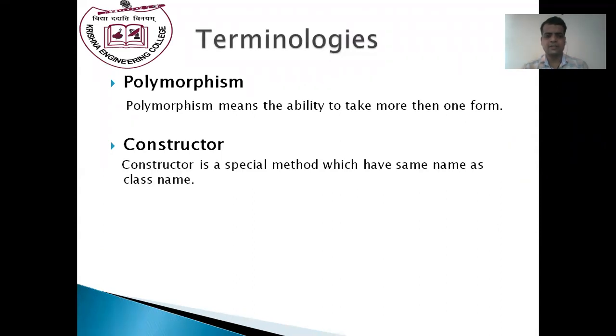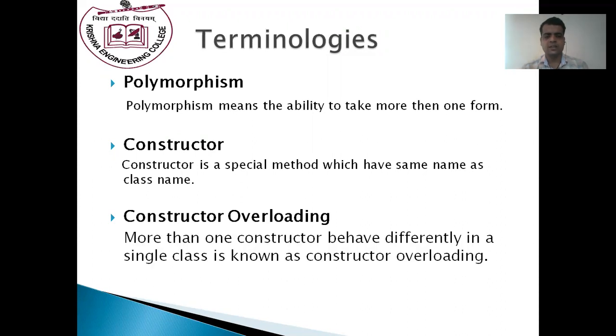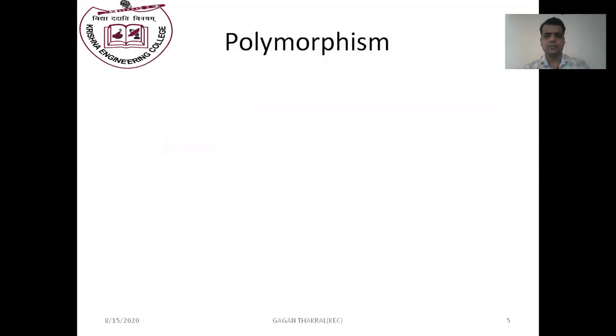A constructor is a special method which has the same name as the class name. And constructor overloading: when more than one constructor behaves differently in a single class, it is known as constructor overloading. Now we will discuss polymorphism in detail.